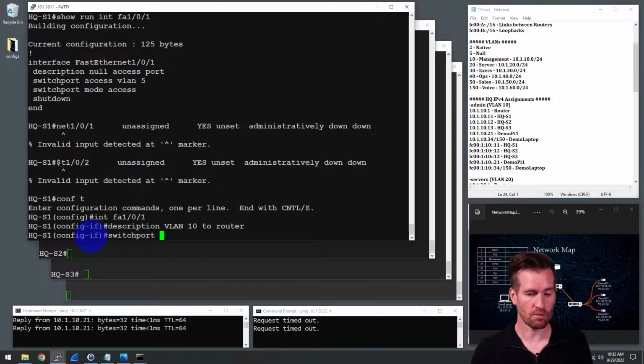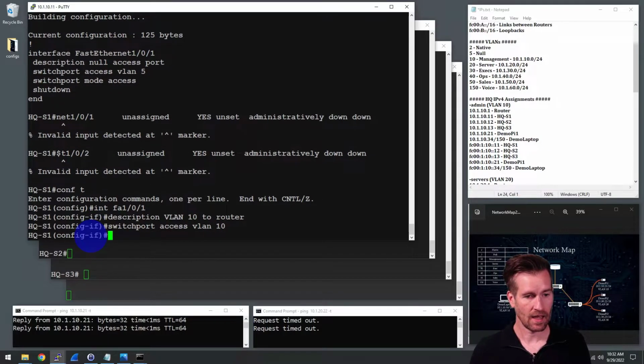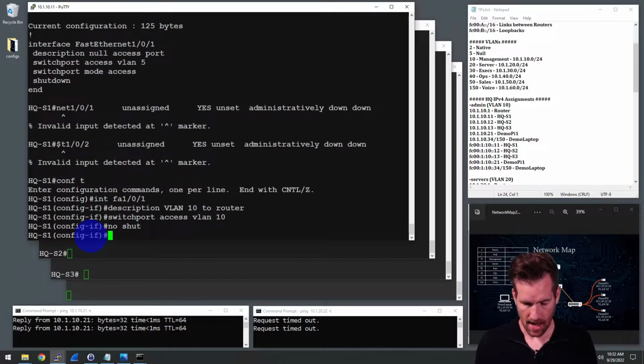It's already switchport mode access, so it's already in the access mode. So let's just change the VLAN to VLAN 10. And we're going to do a no shut on it, and that will bring that live. And then we're going to do pretty much the same thing on interface